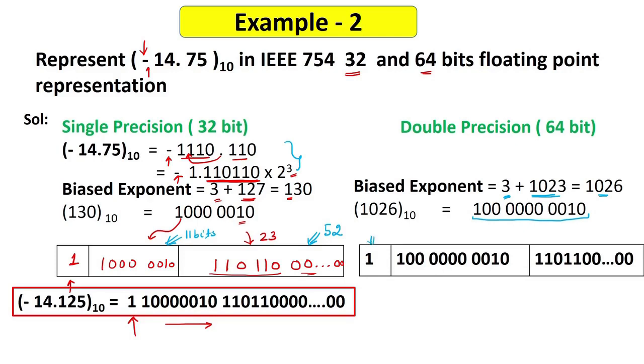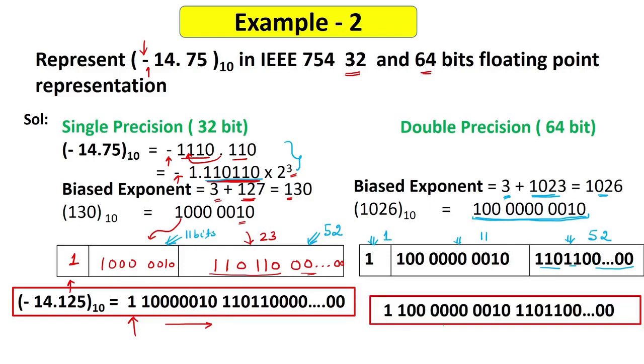So this is the sign bit, that is 1, that is, the number is negative. These are the bits for this 11-bit biased exponent. Okay. And now this is my mantissa. So my mantissa will look like this one only, that is 110, 110, and all the extra zeros will be appended to make it 52 bits. So this is 52 bits, this is 11 bits, and this is 1 bit. Okay. So my total number will be this one. This binary pattern will be signifying my minus 14.75 in double precision format. So these will be 64 bits.